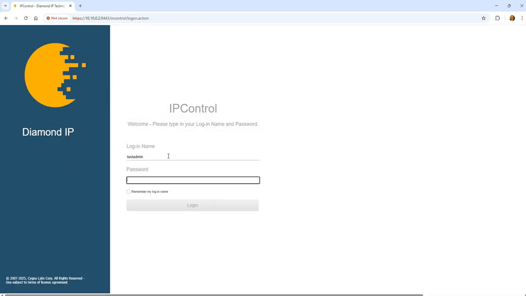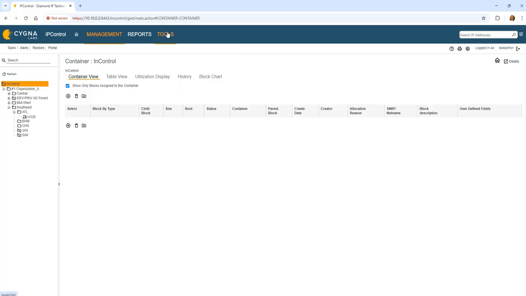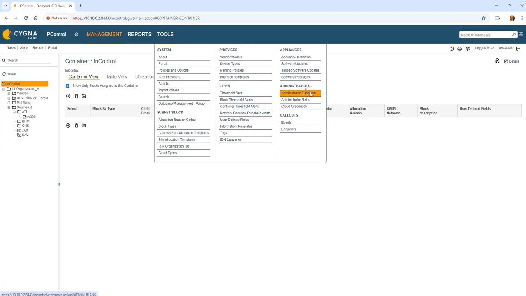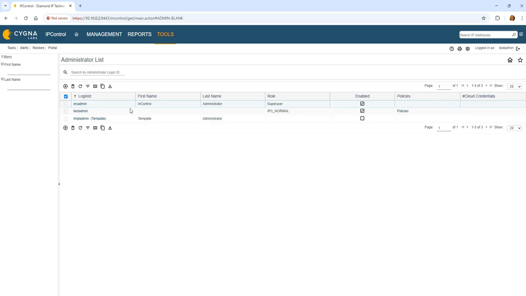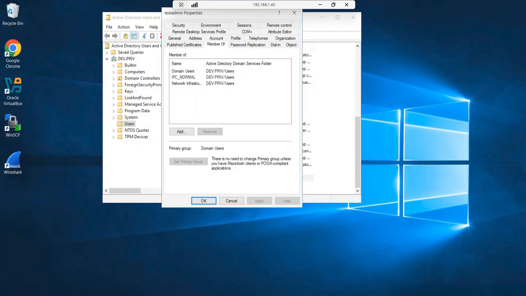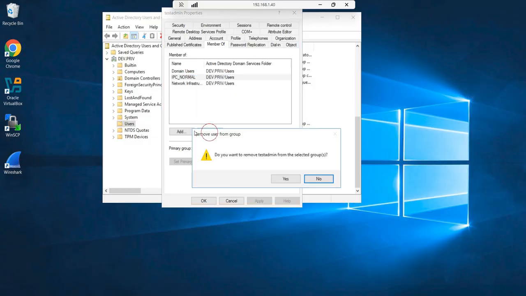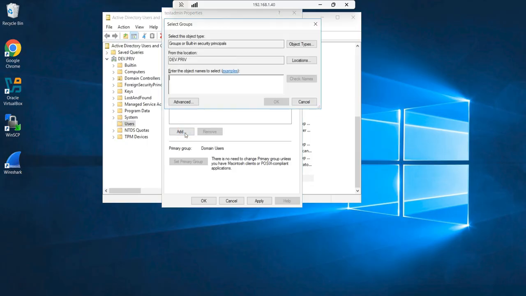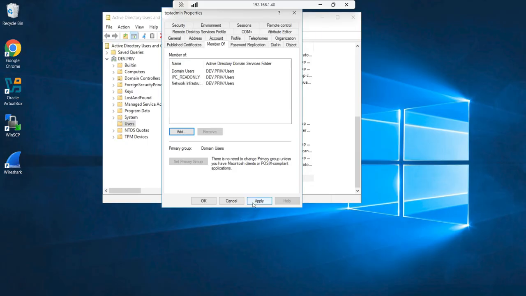Make sure you have everything spelled right. And on that first login now, we have our administrators created. And if I go look at the administrator section now, I'm going to see here that I have IPC normal as the role. Now I'm going to log out of here just so we can see it. I'm going to take this out again. I'm going to add IPC read only, apply,